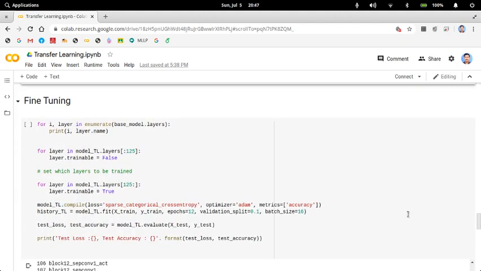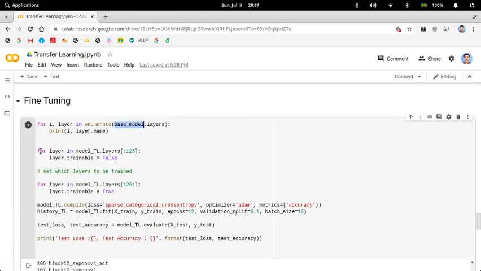Now along with transfer learning, you see this term also: fine tuning. Fine tuning is basically making some of the layers trainable and some of the layers untrainable. For example, you take the base model, and in that base model some of the layers, like model TL dot layers, are made non-trainable and some layers are trainable. That's what you fine tune.